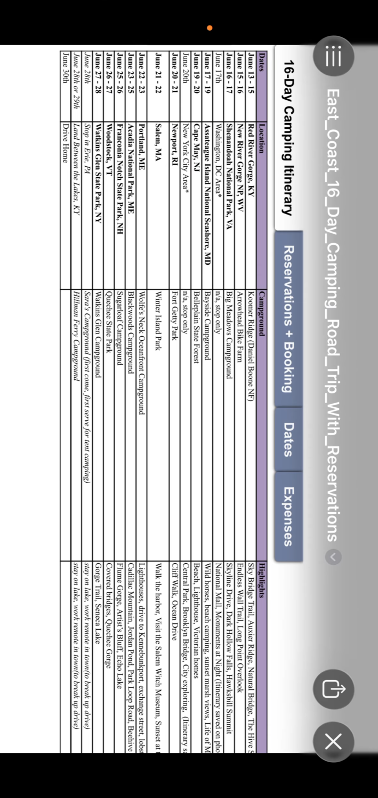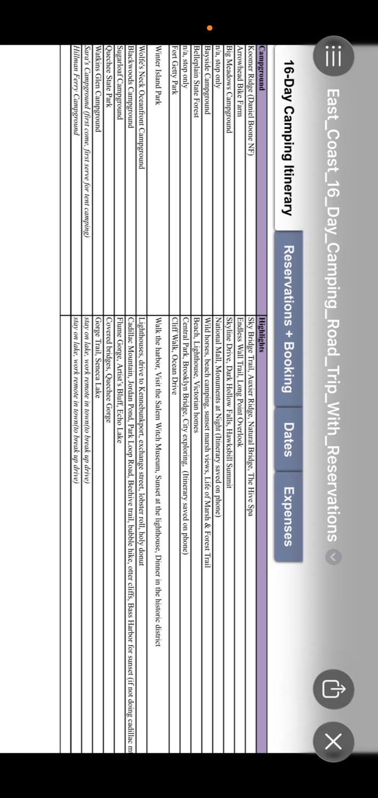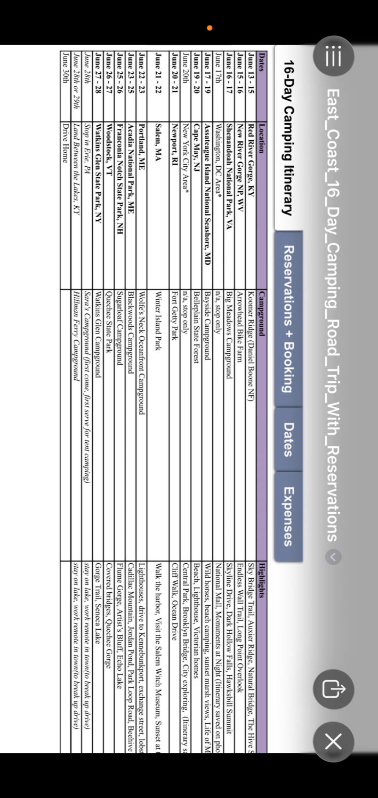I'm going to start planning a West Coast road trip so I can finish the West Coast next year very soon. So I'm going to share the full details of my planning process with you all. This is just a quick snapshot. But anyways, this is a copy of my spreadsheet that I use for my 16-day camping road trip out